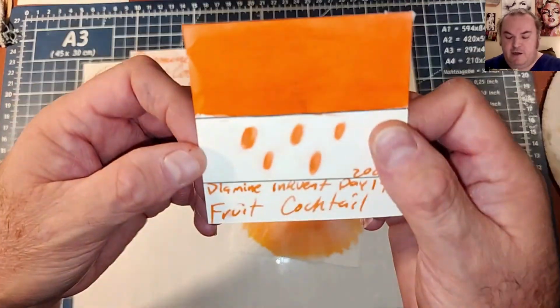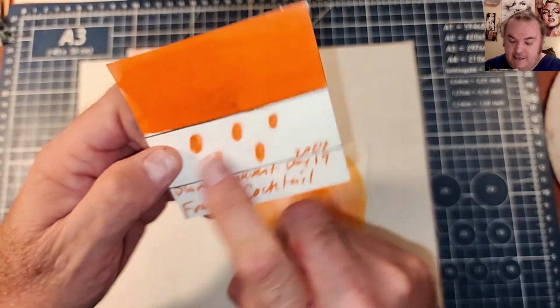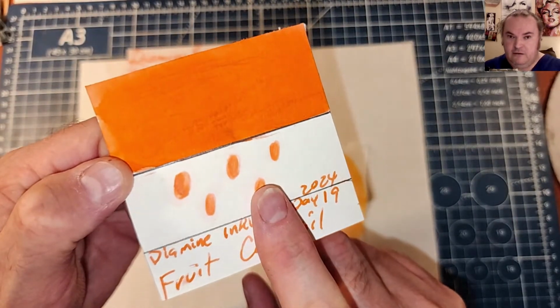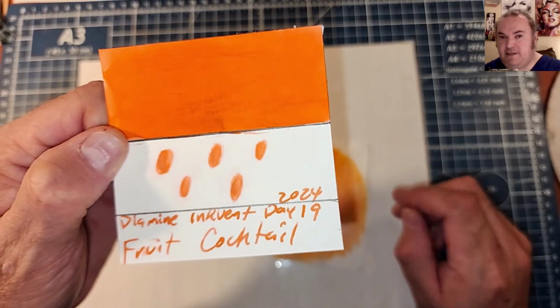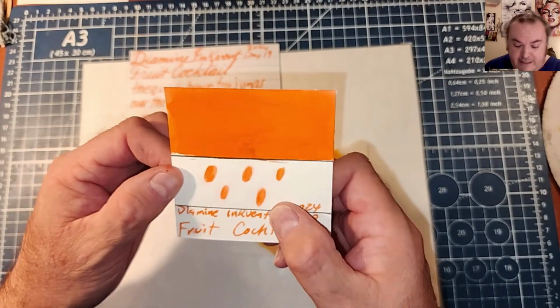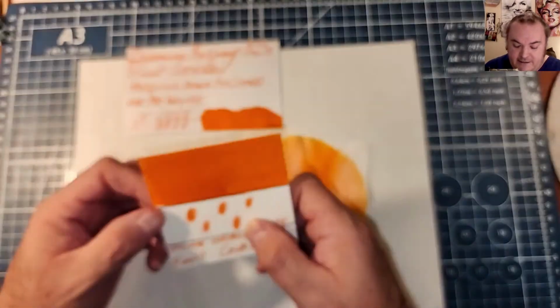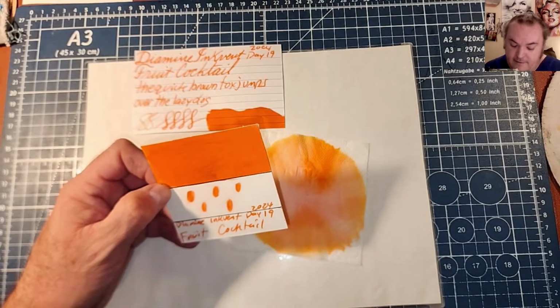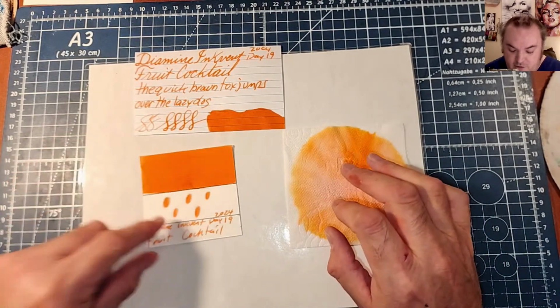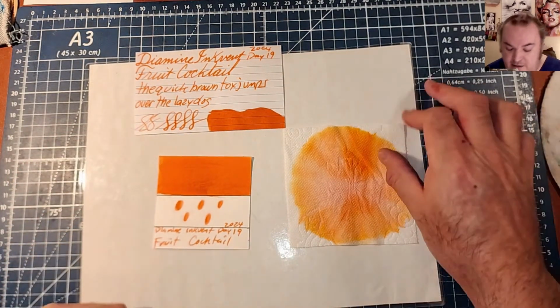Alright, here's our ink swatch. Water resistance test shows it has lots of water resistance. This didn't move at all, which I was very surprised of because it's such a light ink. I thought, oh, it's going to disappear. But no, it didn't. It didn't move at all. Not a single bit. So this is a permanent ink. That's really nice. I would totally use this on the outside of an envelope if it wasn't such a light